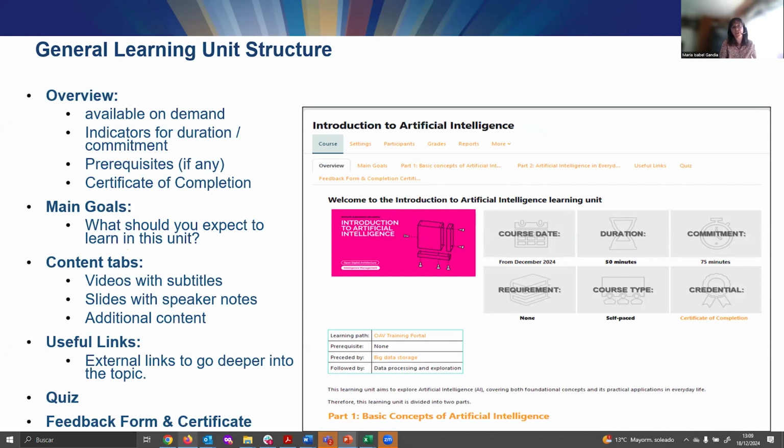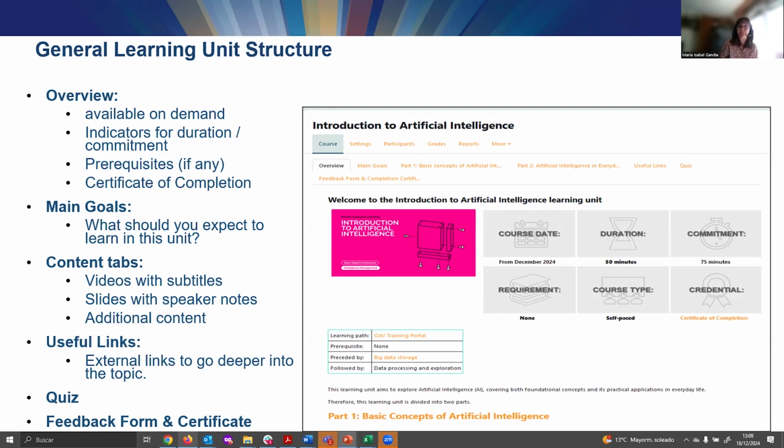Then you have the content tabs with videos with subtitles and slides with speaker notes. You can follow either the video or the slides or both of them, and it's fine. But if you follow the video, the information on the slides, on the PDF document, is exactly the same. And also additional content. Sometimes we have more content in the Moodle tabs than just the video.